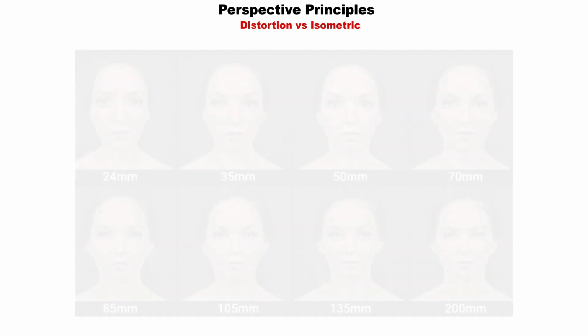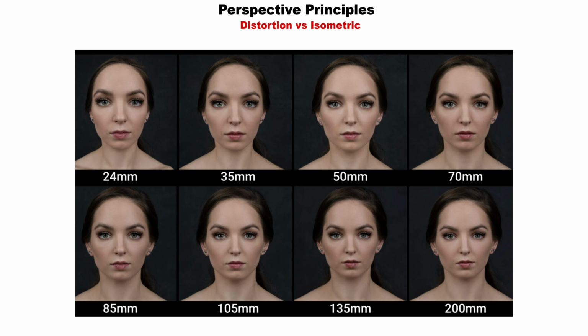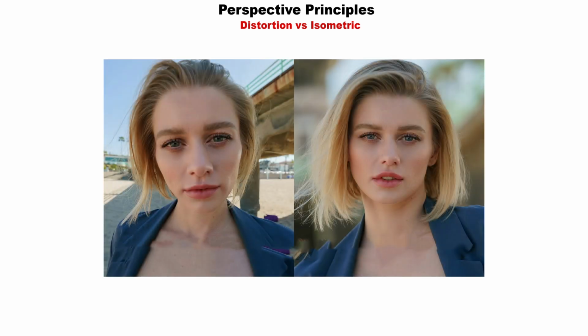Finally, consider distortion in figures and portraits. Excessive distortion in a portrait can make it look strange, while too little distortion can render it flat. Therefore, it's important to choose the best focal length for your portrait, and ensure that you illuminate your character appropriately, not too much and not too little.